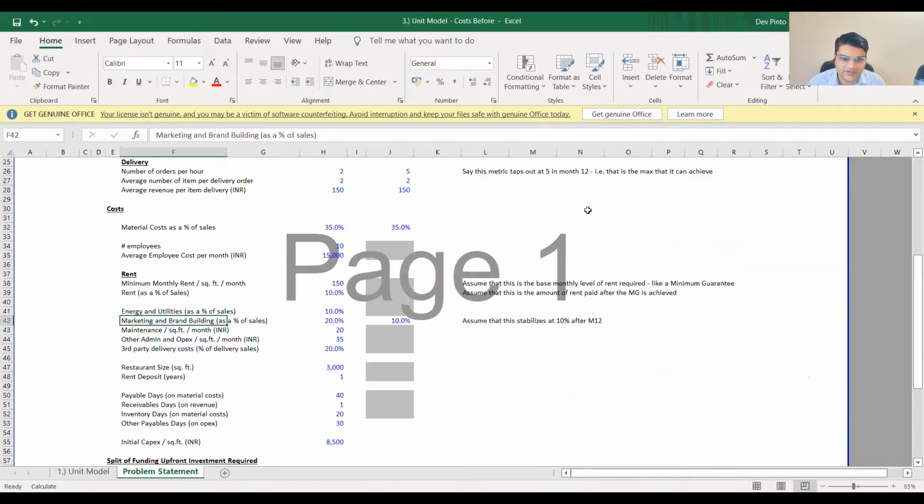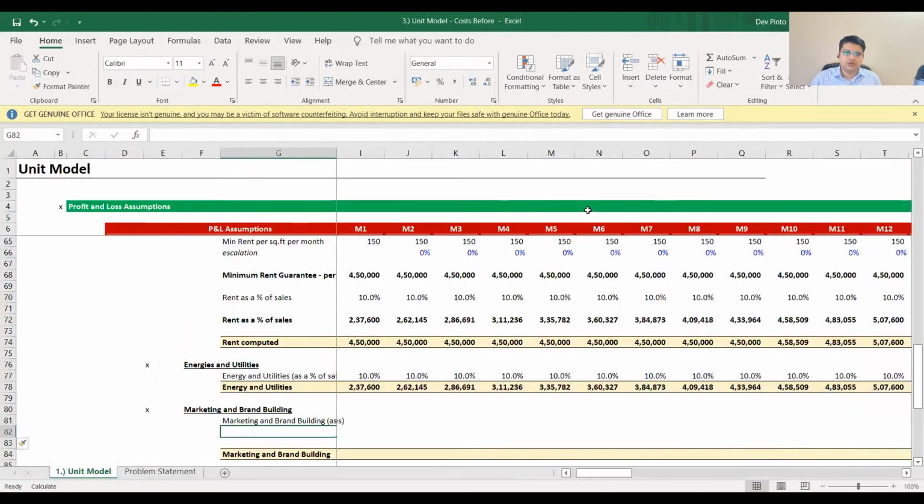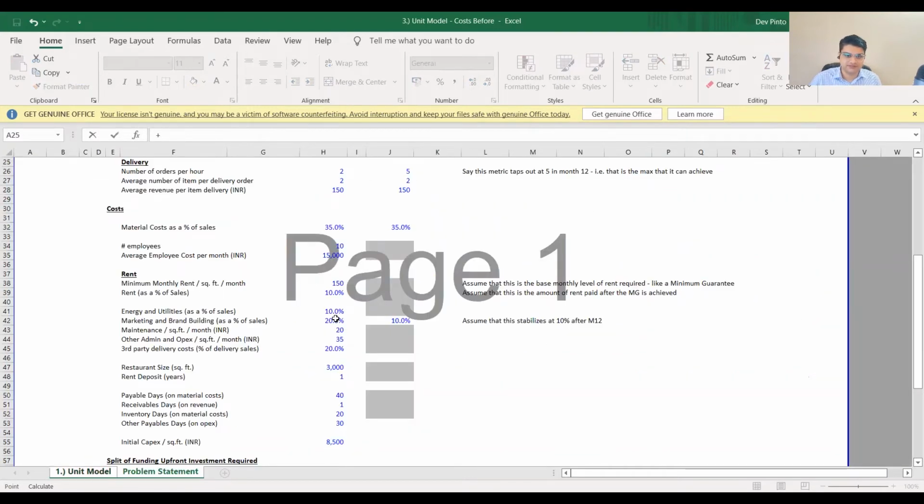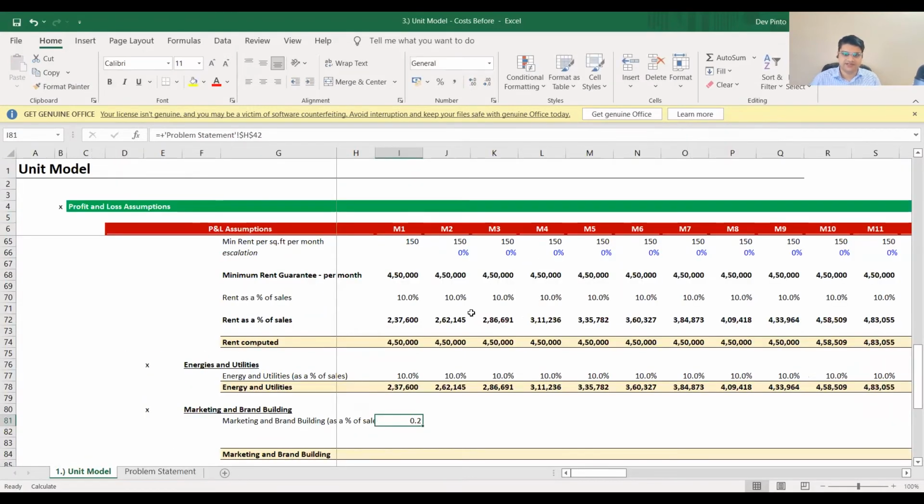They've told us that in the first month it's 20%, and then it goes down to 10% by month 12, and then it stabilizes post that. So what are we going to do? Let's just take this as 20%. Let's assume it decreases, so we need to make it go down to 10% by month 12. So that's 20% minus 10%,